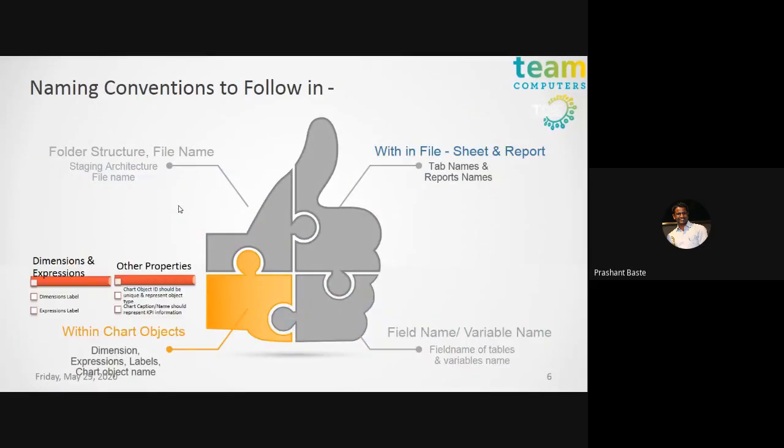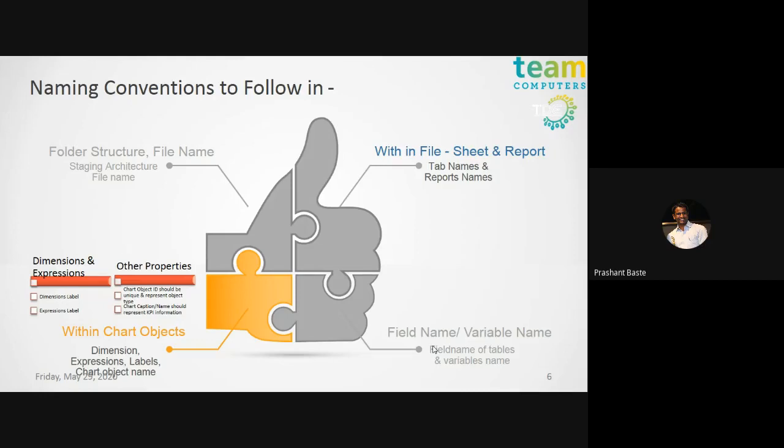Next, when you come to the front level, the object level, the chart objects, we have a number of charts available in the visualization. If you have followed the proper field name conventions in the backend, you don't have to put extra labels on your front end chart objects. So, let's say my requirement is to show the commission number wise its wholesale date, retail date, and all the customer details.